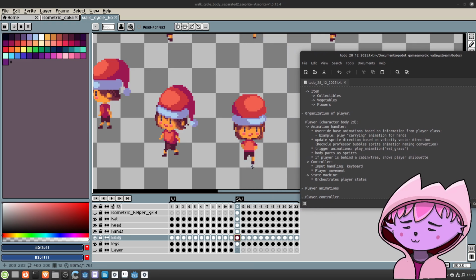So we would have the idling animation for everything first. Like the state machine goes to idle state, the animation handler is called to handle the idling animation. But then because the player has something in their hands, maybe carrying something, this should happen automatically.